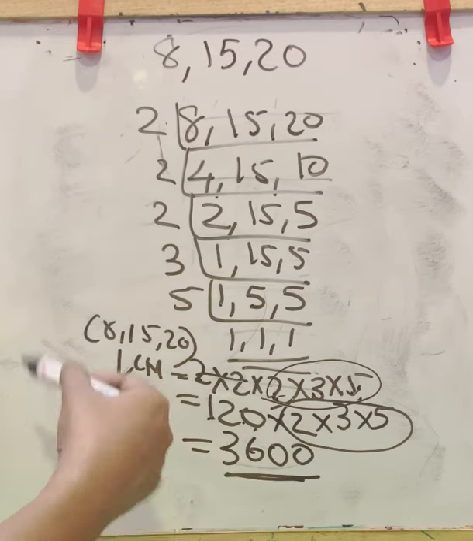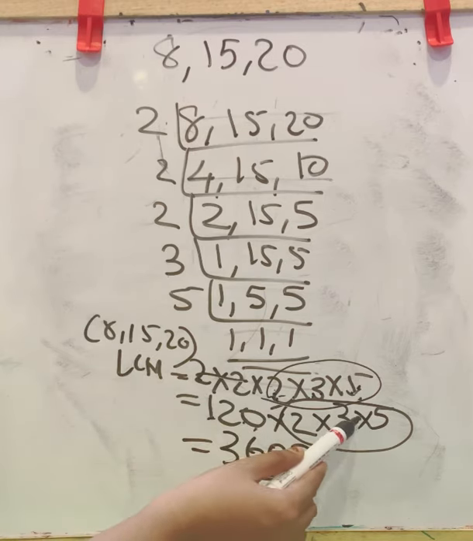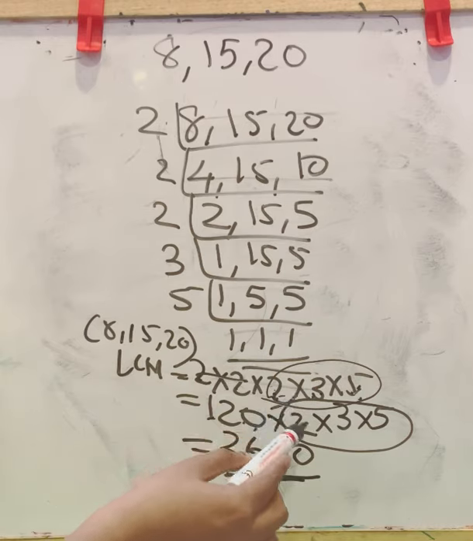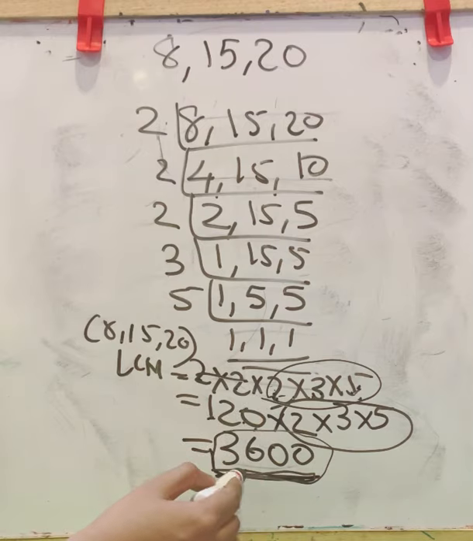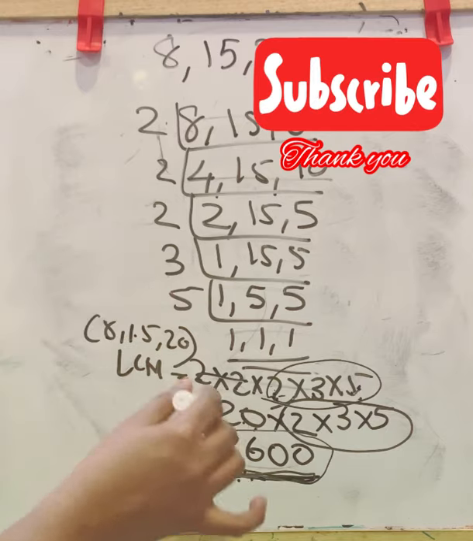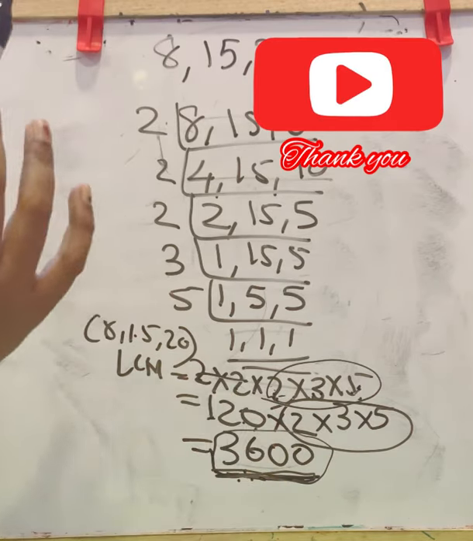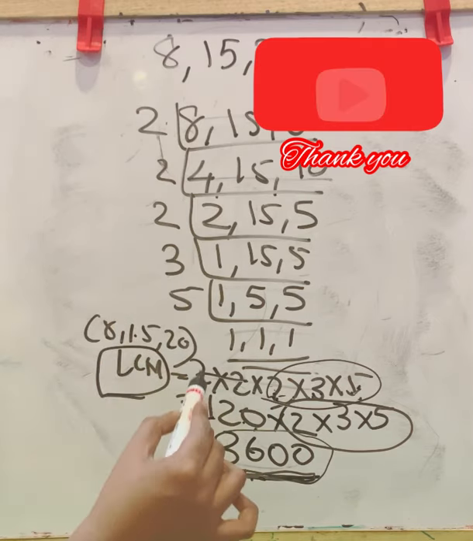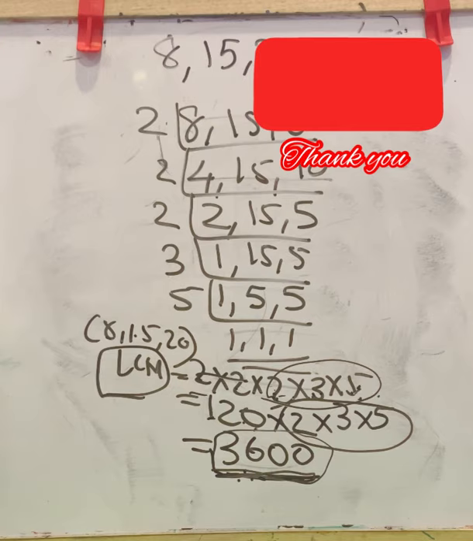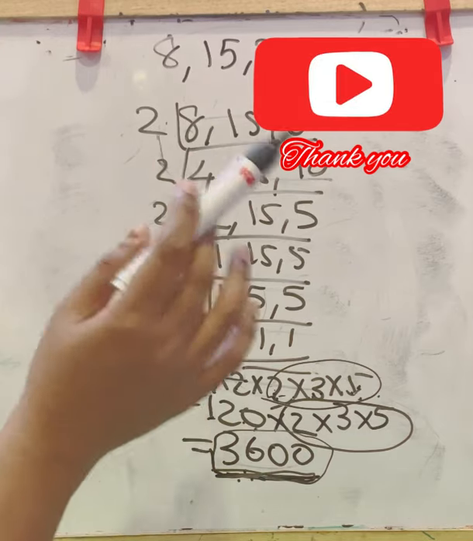To make 120 a perfect square, for each number you multiplied with a new prime number where the pair was missing. So you get a new number that is a perfect square. And also there is one more specialty for this number. In this number, 8 will be divisible, 15 will be divisible, 20 will be divisible. Also, this is a perfect square. In this, you have to note that in case of LCM, don't pair it. Write each and every number or prime number product. Okay? Only for square roots, you have to pair.